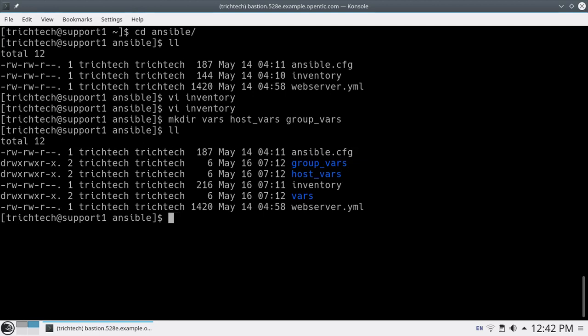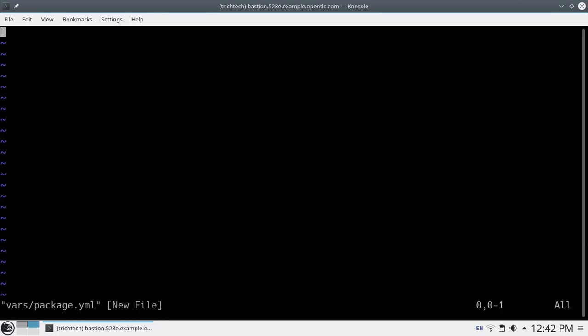If you see here, I have created the three folders. Now I'll create a file under vars, and I'll give it the name package.yml, and in this I'll put package equals to screen.